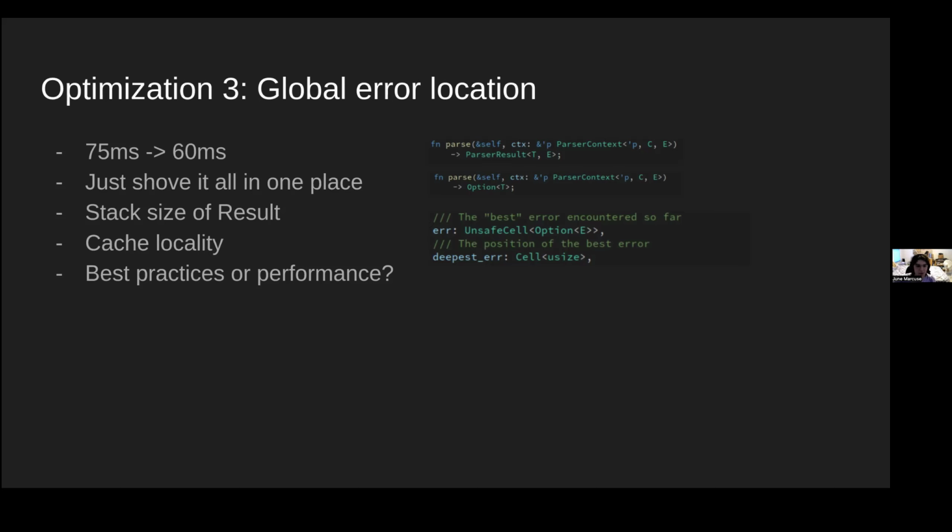But what this tells us is that sometimes it is worthwhile to sacrifice best practices in order to get better performance. I think in this case it makes a lot of sense because parsing is kind of a fixed problem set where you have a series of basic operations that you combine in order to do all of your parsing. And that's why I was able to make a compact syntax for it in the first place. So I think this is a good use case where it makes a lot of sense to take the performance over best practice.